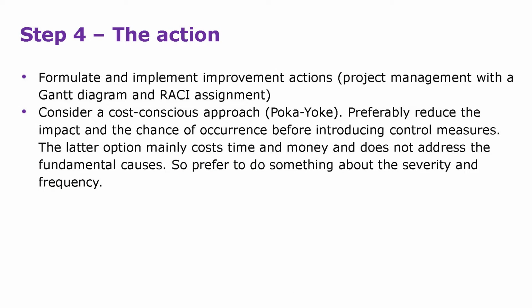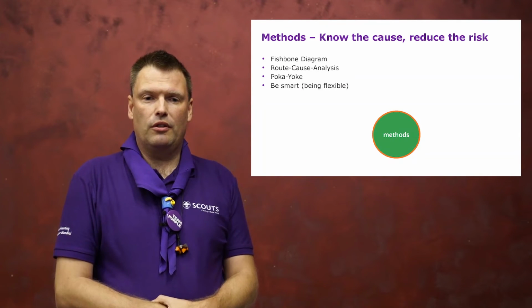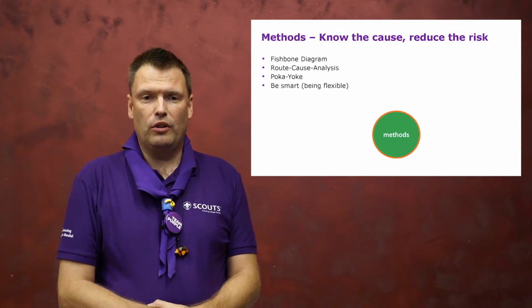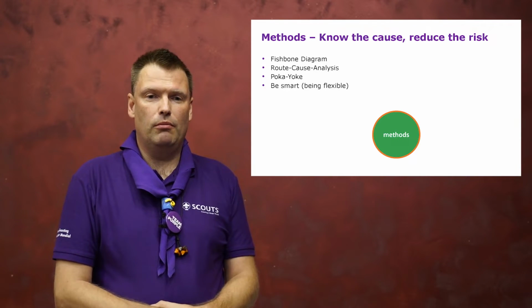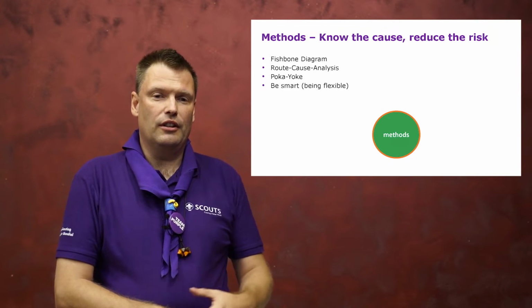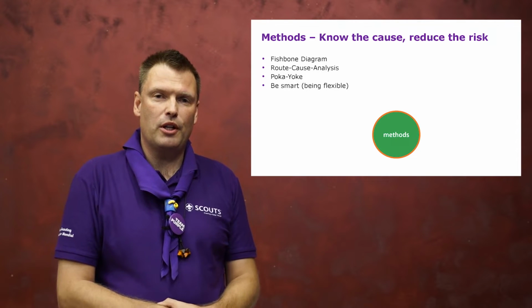After this, you need to do some actions, and these actions are part of project management, and there are a lot of tools you can use at that moment. These methods, part 3 of the 5 steps, can be like a fishbone diagram where you look at different angles, different perspectives of a problem. It's not only the first thing you come up with, but the different views around the table when you do the brainstorm of risk management